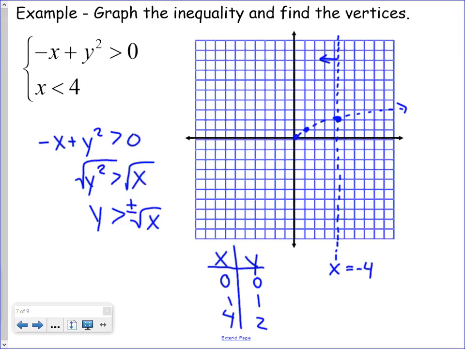So we have to add that plus or minus, which means we just created a table of values for the positive version, y equals the square root of x. There is another part of this graph where y is equal to a negative square root of x. So if I do x and y, where y equals negative square root of x,